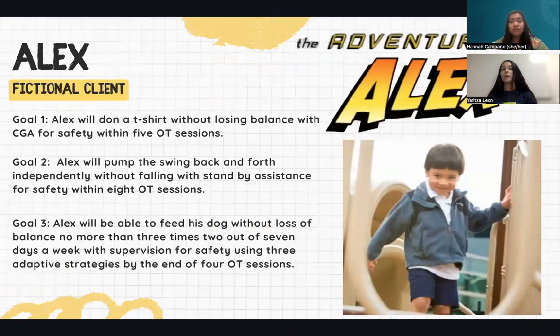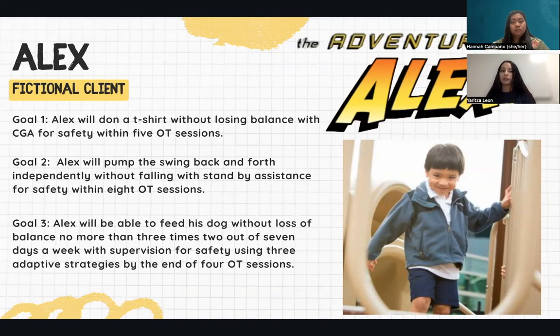Okay, so now that you know all about Alex, for our intervention, the 3 occupations that we focused on were upper body dressing, sensory motor play, and care of pet. So the short-term goals for each, for upper body dressing, Alex will don a t-shirt without losing balance with contact guard assist for safety within 5 OT sessions. For sensory motor play, Alex will pump the swing back and forth independently without falling, with standby assistance for safety